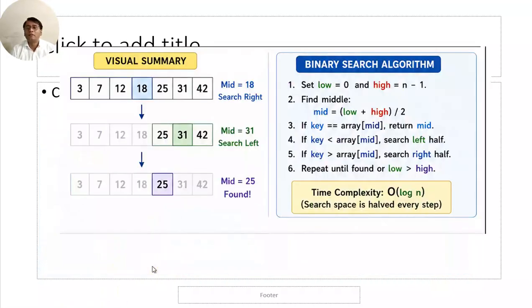This is the summary of binary searching. In the first iteration the middle element is 18, in the second iteration the middle element is 31, and in the third iteration the middle element is 25, which is the target value. And this is the short